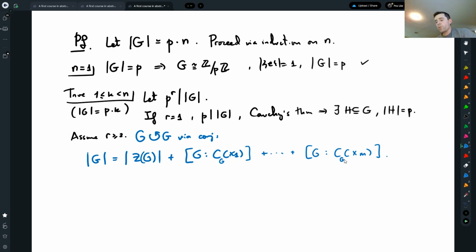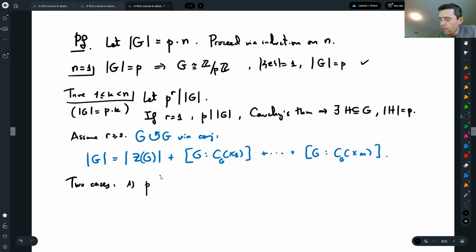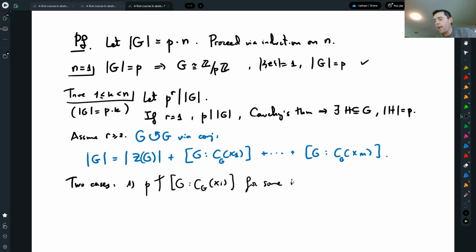for the class equation. Okay, so now we're going to do two cases. So let me delete this dot and write, there are going to be two cases. One, suppose that there is one of these indices that is not divisible by p. So if p does not divide one of them, for some i, so if there is just one i where p is not a divisor of that, then,